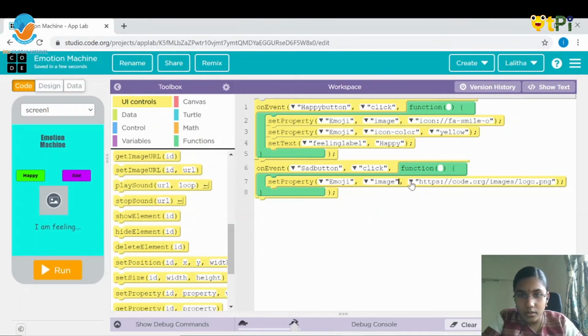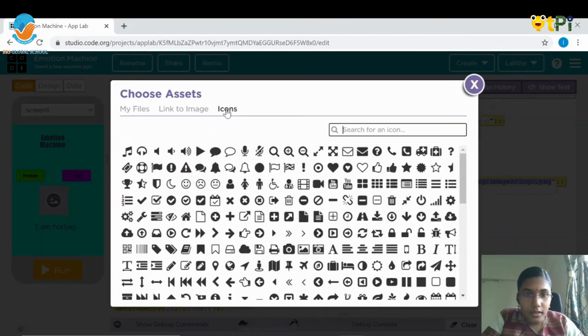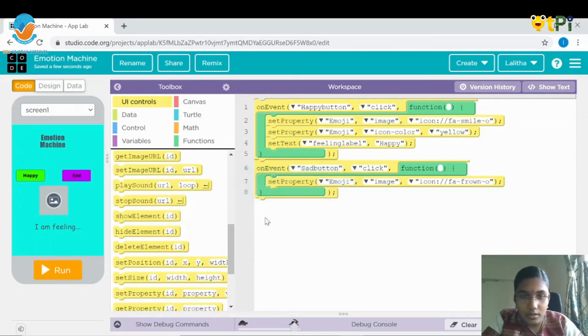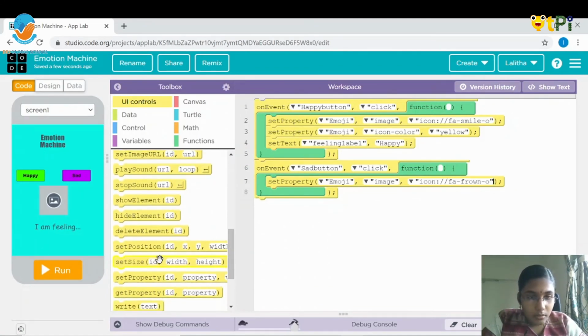Instead of this you can just choose this drop down menu and go to choose, and go to icons and choose this sad smiley or whatever it is. And next again, like for this happy button, we need to change the icon color. So even here also I'm going to do that.